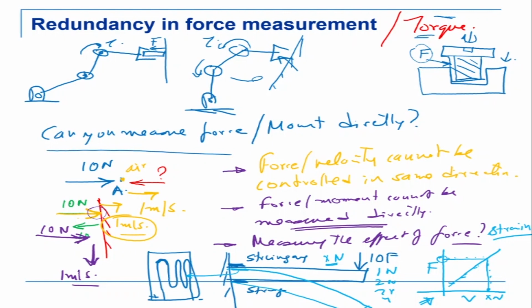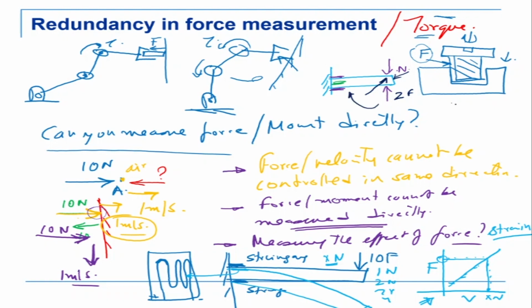Now, the other important question here is, in a cantilever beam like this, how many forces can you measure? We can have a strain gauge placed here and a strain gauge placed here, which can measure this force, that's my force N. So that's one force, either this side or this side. What about the other one? You can have a strain gauge on this side and on the other side, so you can measure the second force. So you can measure two forces with one beam element like this.